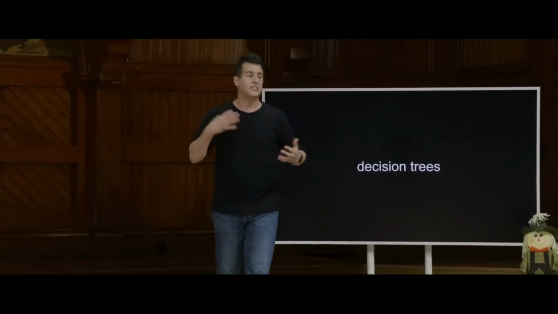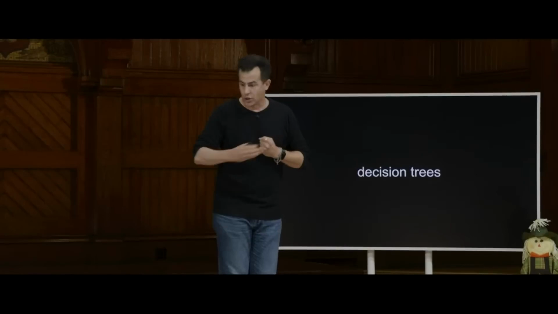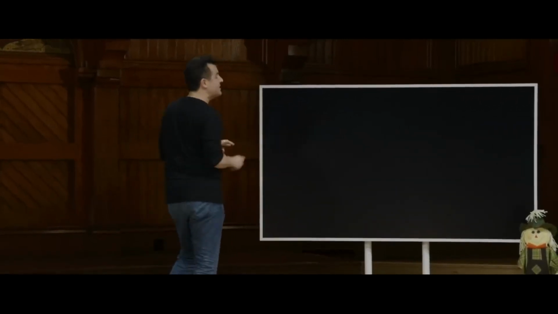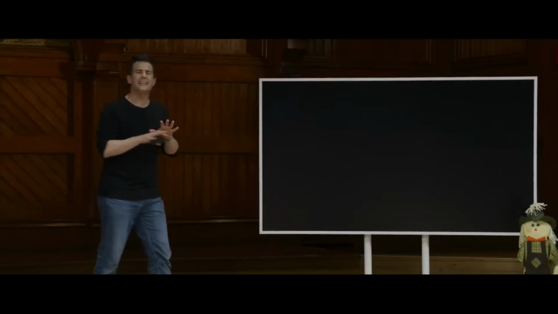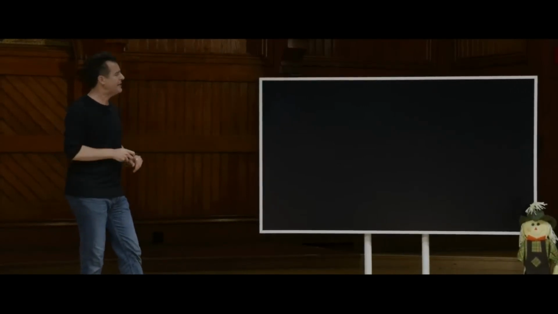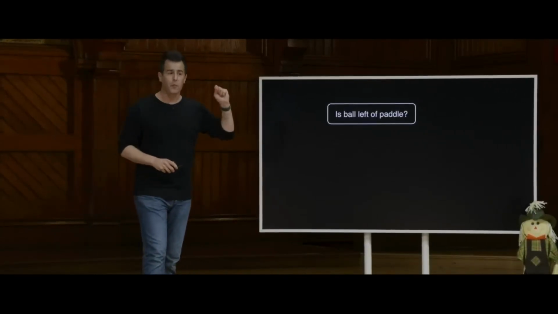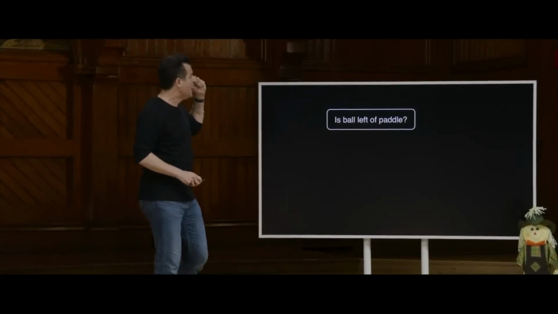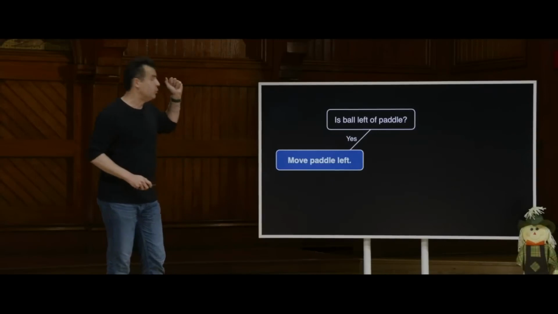Not nearly as sophisticated as those other applications, but we'll indeed start with some basics. You might know from economics or strategic thinking or computer science this idea of a decision tree that allows you to decide, should I go this way or this way when it comes to making a decision. So let's consider how we could draw a picture to represent even something simplistic like Breakout. Well, if the ball is left of the paddle is a question or a Boolean expression I might ask myself in code. If yes, then I should move my paddle left, as most everyone just said.